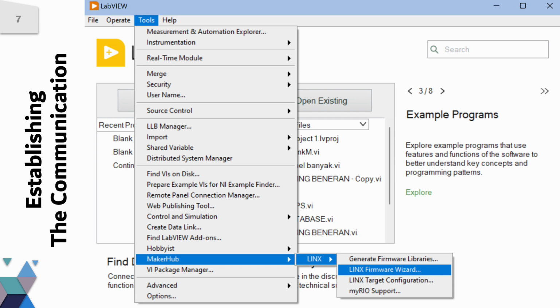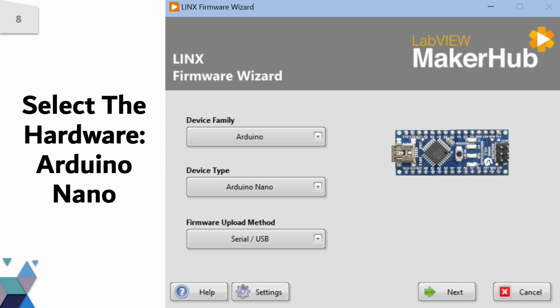Now it's time to start the communication between the computer and the Arduino using LabVIEW. First, open Tools on the top, then click MakerHub LINX and click on LINX Firmware Wizard. Select the type of Arduino you use. In this case, I'm using an Arduino Nano.